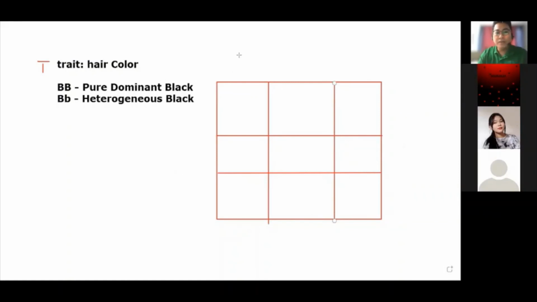So ito yung nilagay natin dito is the X or minumultiply natin yung parents kasi nga pinagmimix natin yung dalawang gametes pala. Sorry, namamali na naman ako.